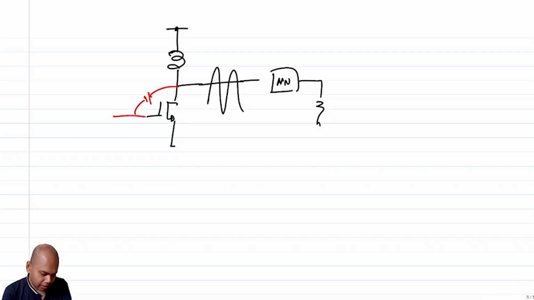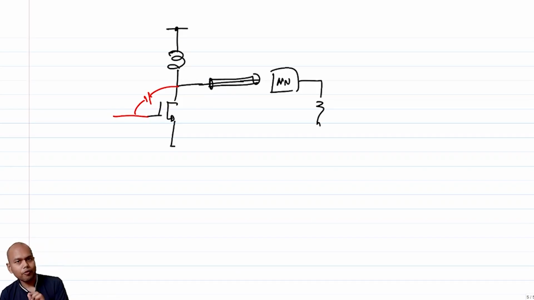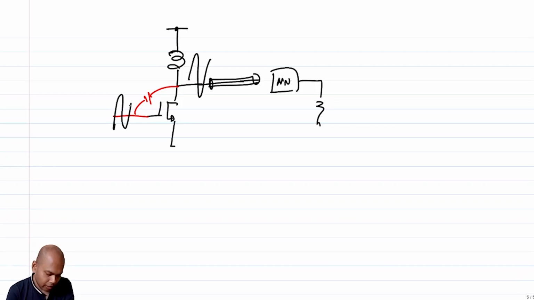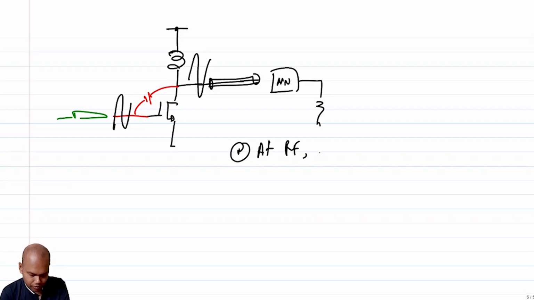Now the large swing here, under the assumption that things are not breaking, is not a problem, but you should consider the fact that there is a CGD capacitance here. And note that there is not only large swing, there is a large transmission line, right? On top of that, we have not implemented matching, right? So there can be a really large swing and that swing can come here and there can be routings here and so on, right? So what I'm trying to get at is that at high frequencies, at RF, a PA is not a unilateral device,